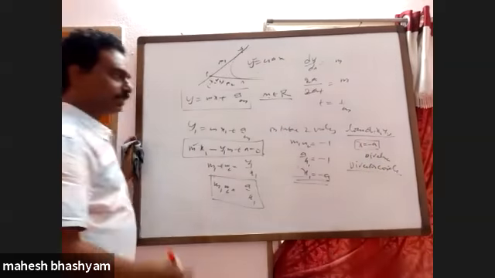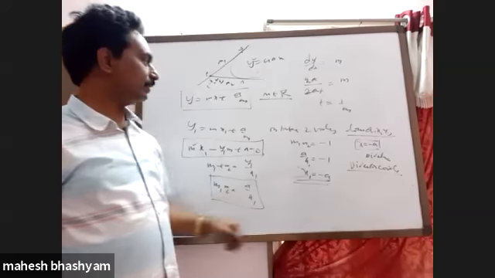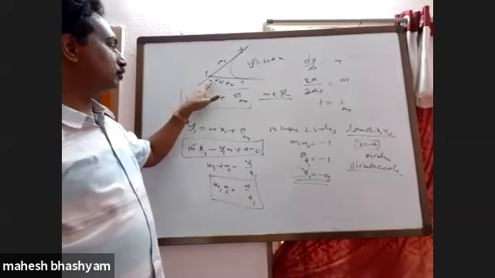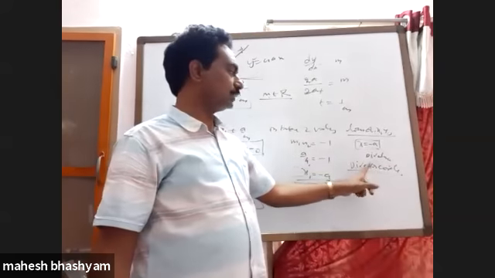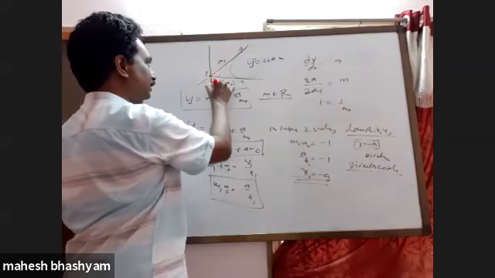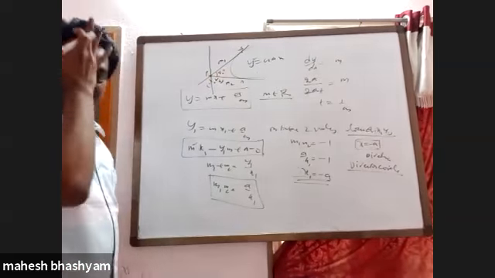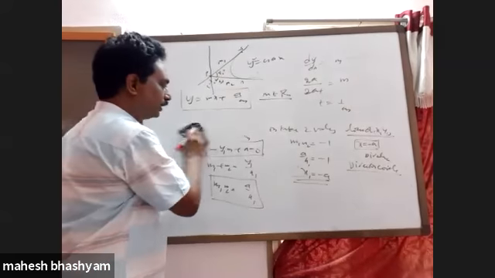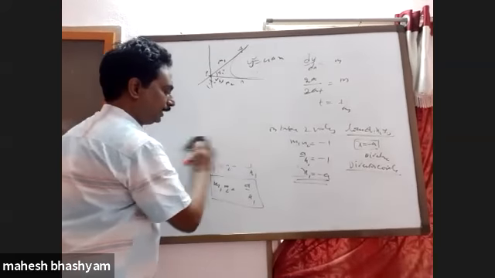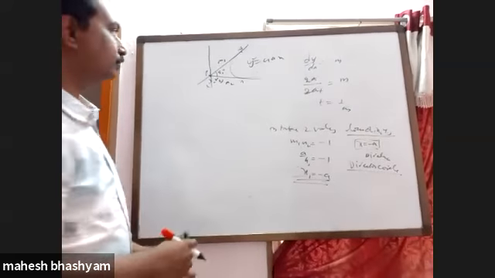Director circle: the circle whose points are the intersection of tangents when the angle between them is 90. Product of slopes is -1, then the locus of the point of intersection x1, y1 is called the director circle. In case of parabola, it is a directrix. So if the tangents are intersecting on the directrix, then the angle between the tangents is always 90. This is about the tangent contact and tangent intersection point; the directrix acts as the director circle in case of parabola. Sum of slopes and product of slopes.